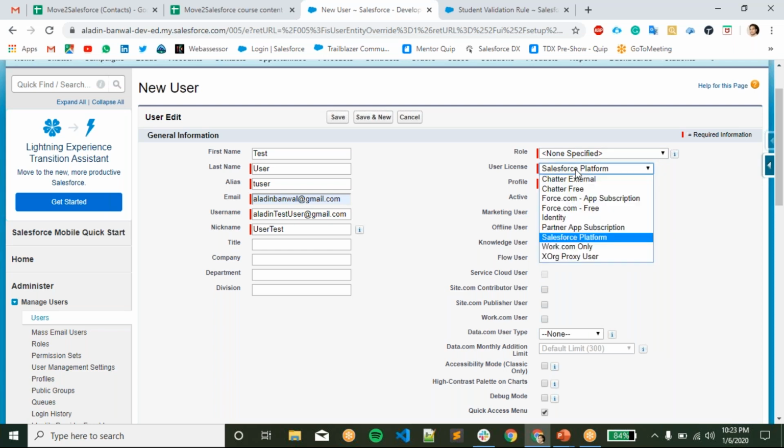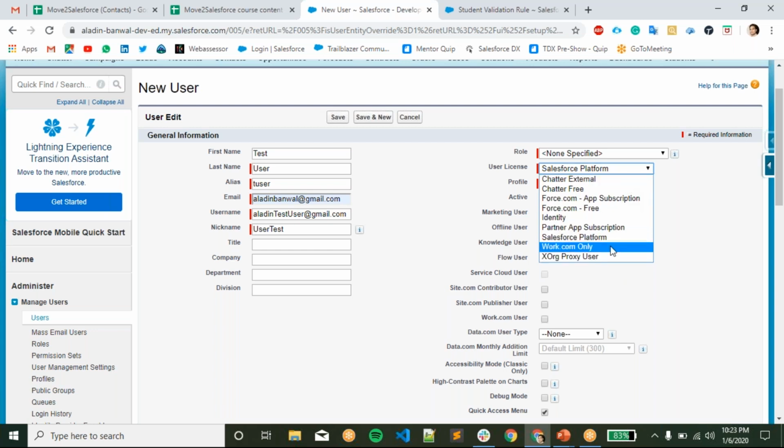User licenses: these are the default licenses in the developer org right now. We have Chatter External, which has more limits, and Chatter Free, Identity, Work.com and Proxy User. These are the more limited access licenses.